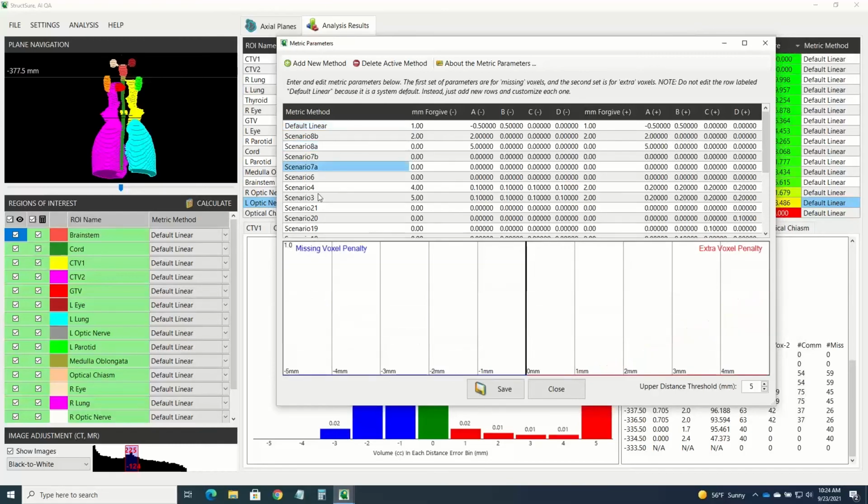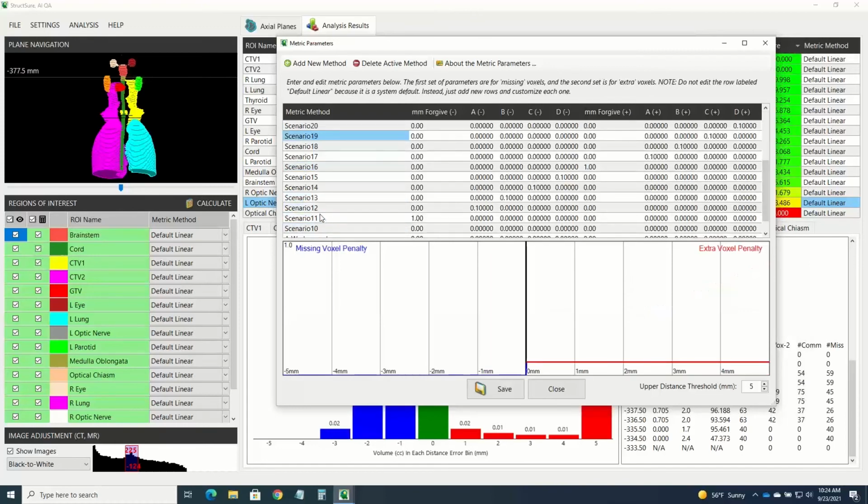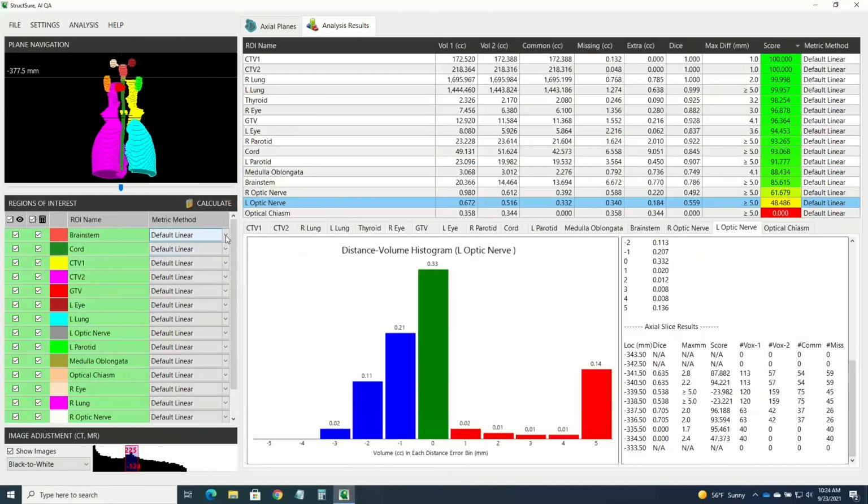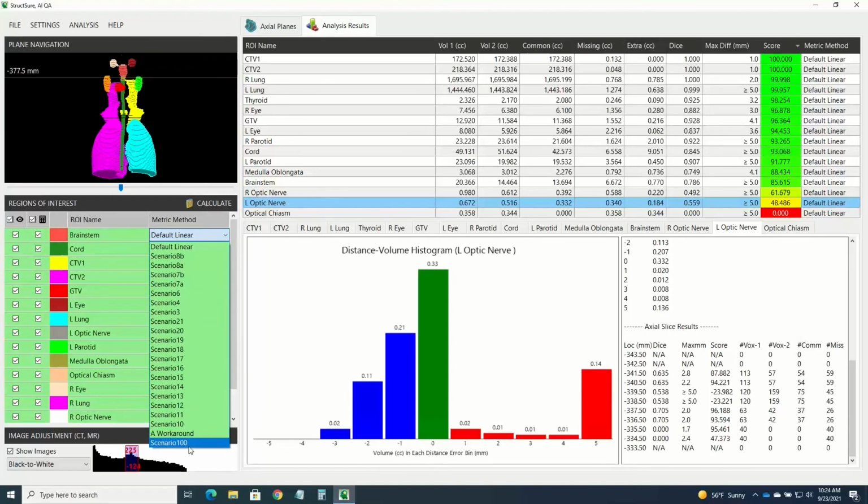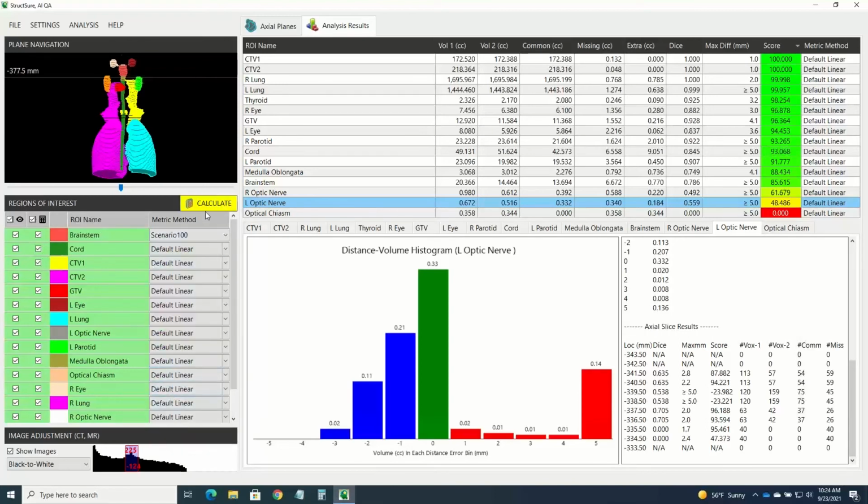So for example, you can do several of them here, and then you can apply those metrics over here on your left-hand side. Let me just close that real quick. If I'm going to try a different metric on it, I will use scenario 100 or something like that, and then do the calculation. So again, very customizable. You can come up with your own type of scoring, if you will, whatever suits